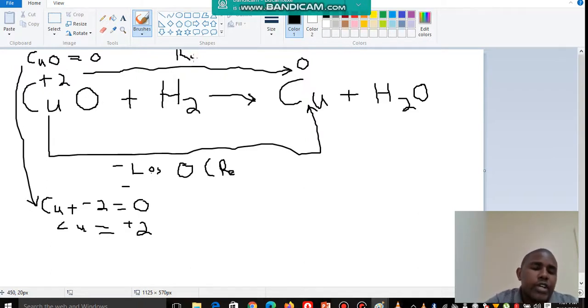Now in terms of hydrogen and oxygen, we say oxygen has been removed from copper oxide to form copper, and hydrogen has been added to copper oxide to form water. So the process of adding hydrogen to a substance is termed as reduction. And the process of adding oxygen to a substance is termed as oxidation. So the change